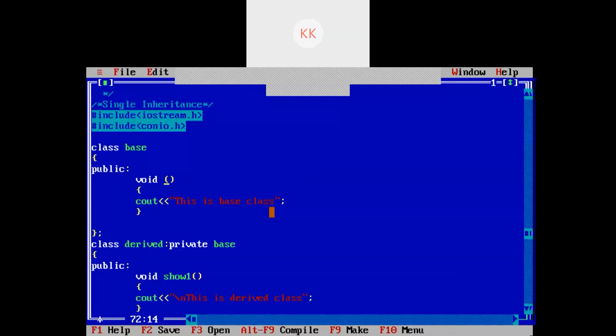So I am creating a constructor. This is a simple constructor in base, and here I am having a constructor as well. Now we will see how it behaves.